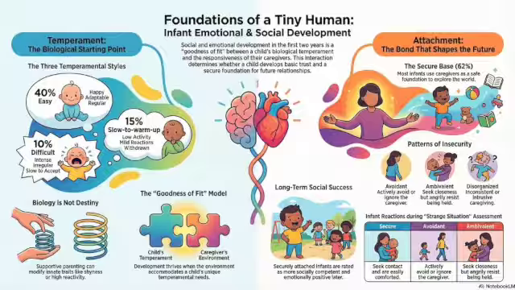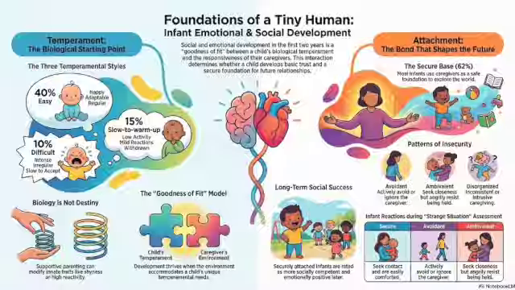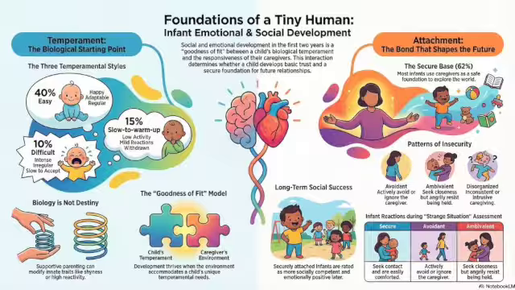Finally, there is a fourth category identified by later researchers, insecure disorganized attachment, another 15%. This reflects the greatest insecurity. These infants show contradictory, confused behaviors, like approaching the parent but suddenly freezing, or appearing dazed, depressed, and fearful upon reunion. You might assume that disorganized attachment is solely the result of severe neglect or abuse, and it is heavily